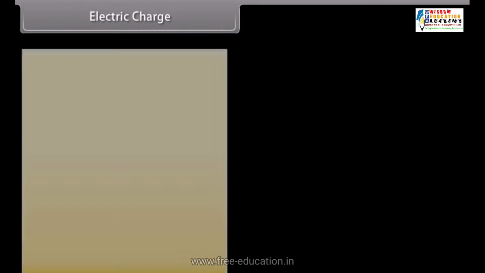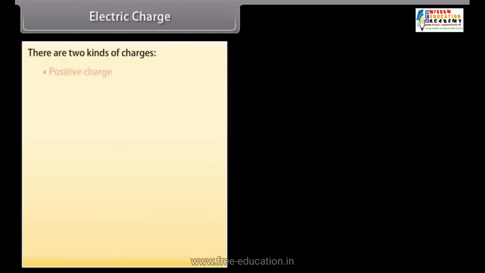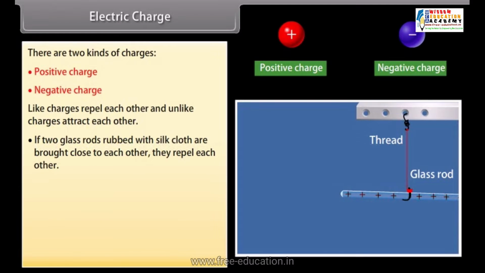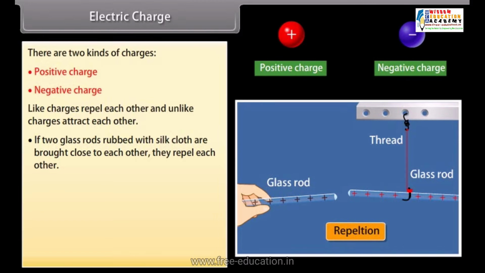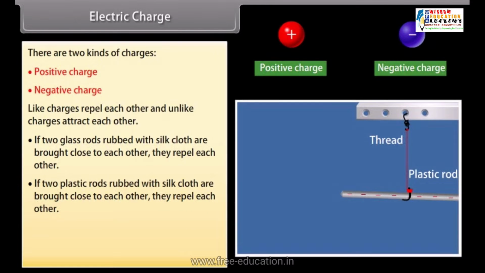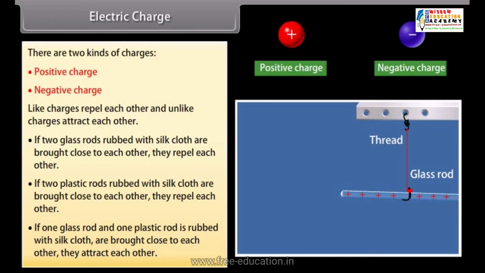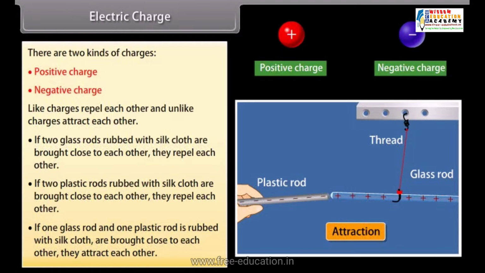Electric charge. There are two kinds of charges, positive charge and negative charge. Like charges repel each other and unlike charges attract each other. If two glass rods rubbed with silk cloth are brought close to each other, they repel each other. If two plastic rods rubbed with silk cloth are brought close to each other, they repel each other. If one glass rod and one plastic rod rubbed with silk cloth are brought close to each other, they